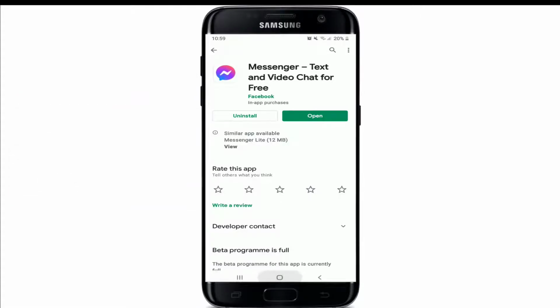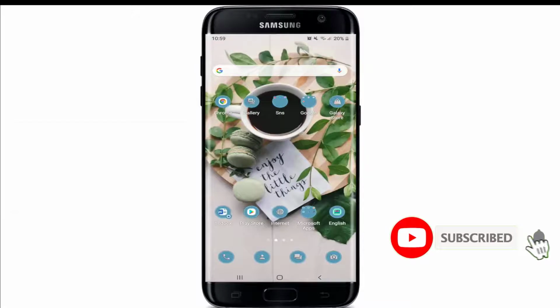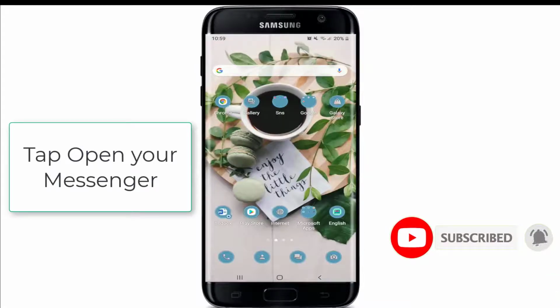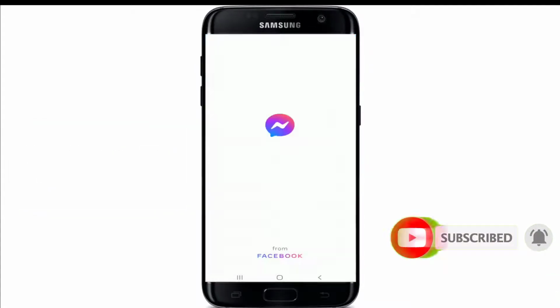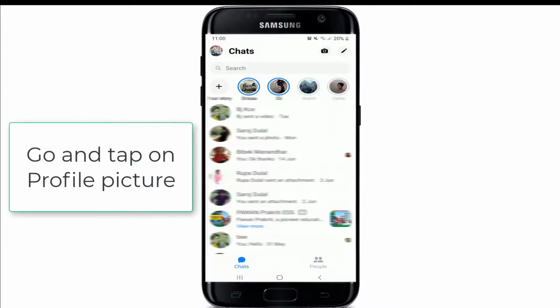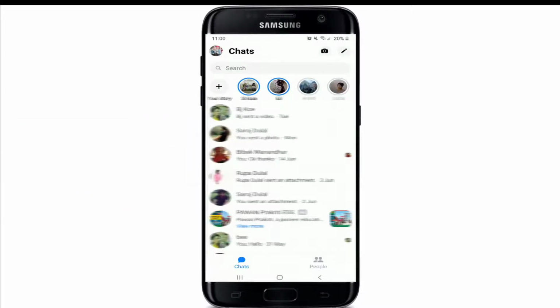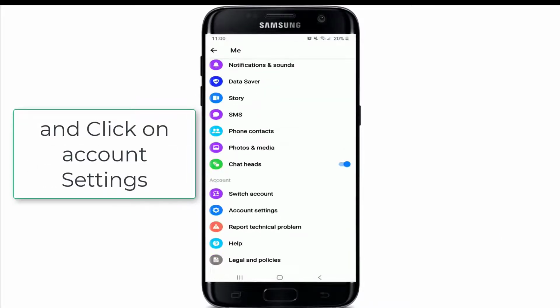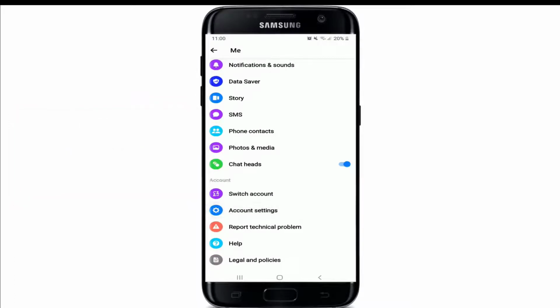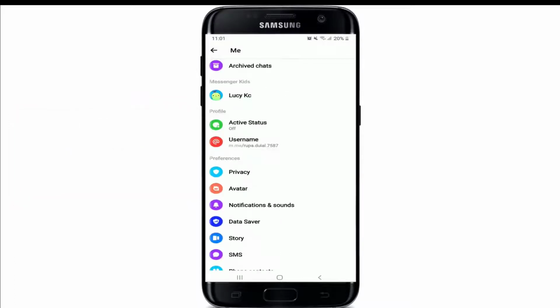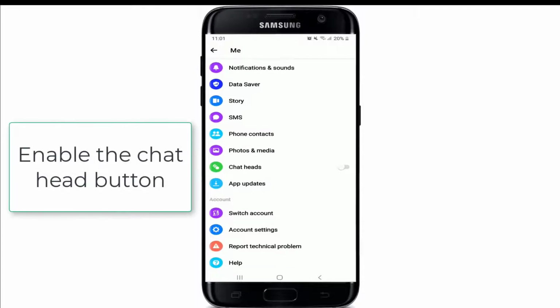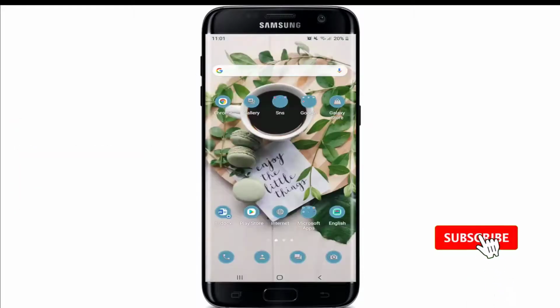For your Facebook Messenger application, once it is downloaded, go and tap open your Facebook Messenger application. From your Facebook Messenger home screen, go and tap on your profile picture at the upper left and click on Account Settings under the account. And from your profile, scroll all the way down until you find Chat Heads option. Enable the button right next to it, and now you'll be able to receive your pop-up for your Facebook Messenger